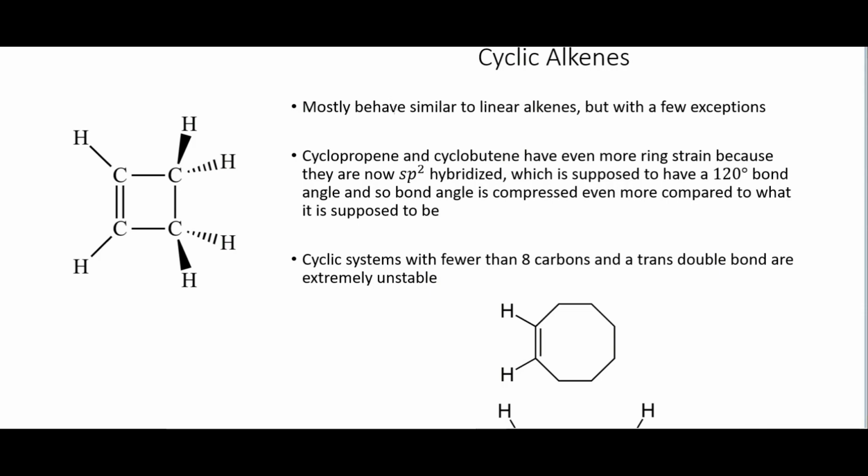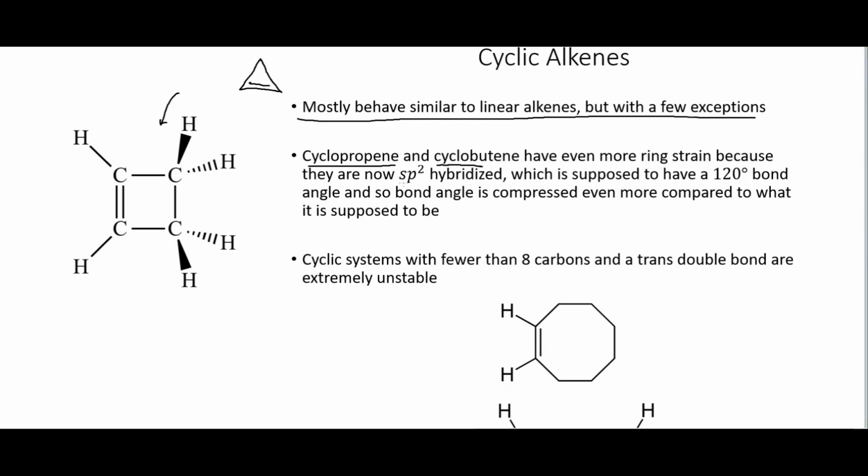So cyclic alkenes, so with these, I'm not going to repeat everything I said because most of the same things will apply to these as what we were talking about with the linear chains. So they mostly behave similar to the linear alkenes, but there are a few notable exceptions here that I will point out. So cyclopropene, which remember is just that sort of triangular shaped one, but now we will have a double bond on it. So it's triangular shaped, and one of them will be a double bond. And our cyclobutene, which I already have the structure for right here, have even more ring strain